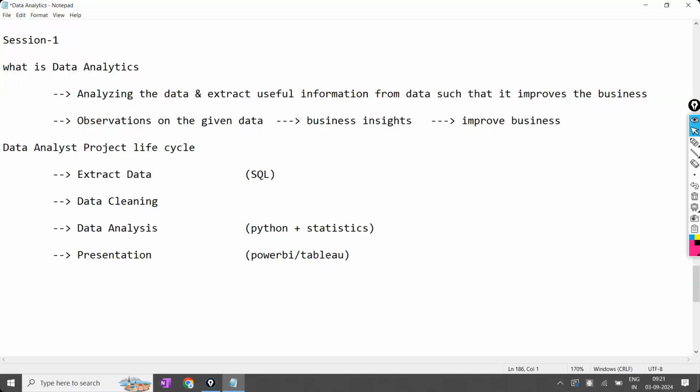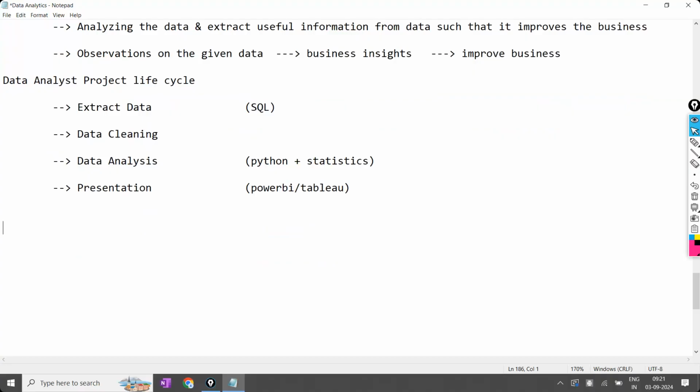Now coming back to the second one. In today's class, we are going to discuss in detail our course content. We'll focus more on the course content today, which one will take how much time, along with the course schedule. That means how many days it will take for completing Power BI, how many days for Tableau, like this. Everything we are going to discuss in detail about the course content in today's class.